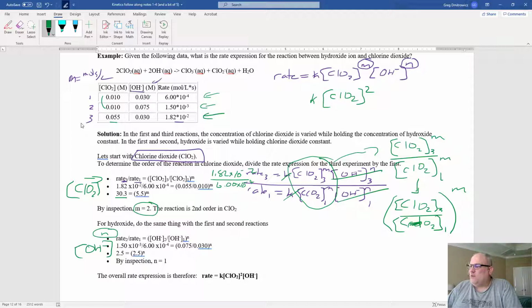Now, if you want to walk all the way through this, let me remind you that we said rate 2 is equal to, and before we did anything, and this is important, we knew that the ClO2 was going to be held constant. So what they did in the problem to make it simpler is they wrote a K in here, but everything that was held constant they got rid of. So the K was not included in here, but if we didn't know that, we'd write K OH,